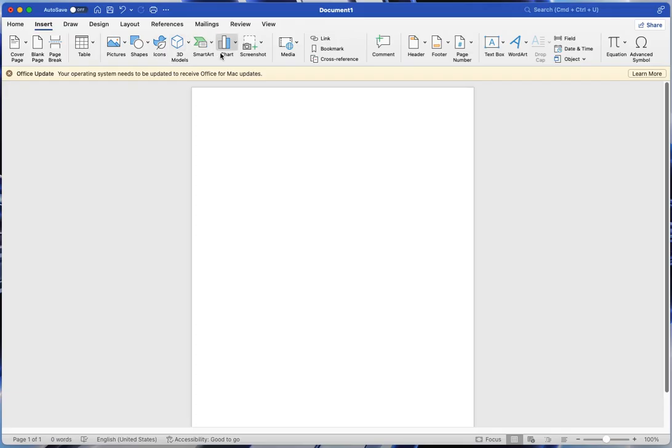Once you're on the Insert tab, find the group labeled Text. It's usually toward the right side of the ribbon. In that group, click the button that says Text Box. Depending on your window size, you might see just an icon, but it will still be called Text Box when